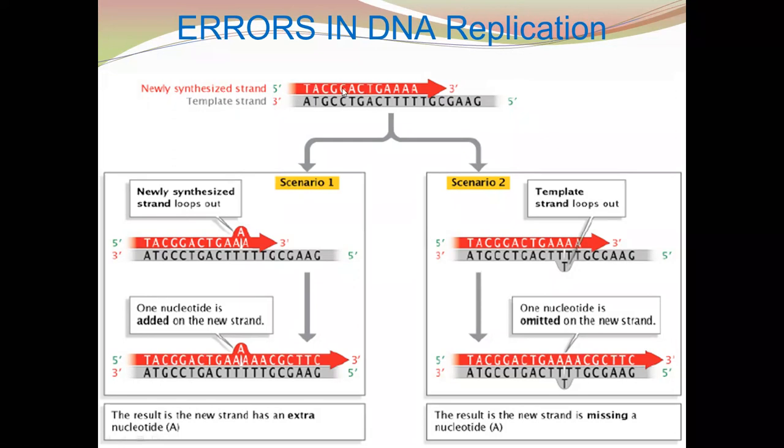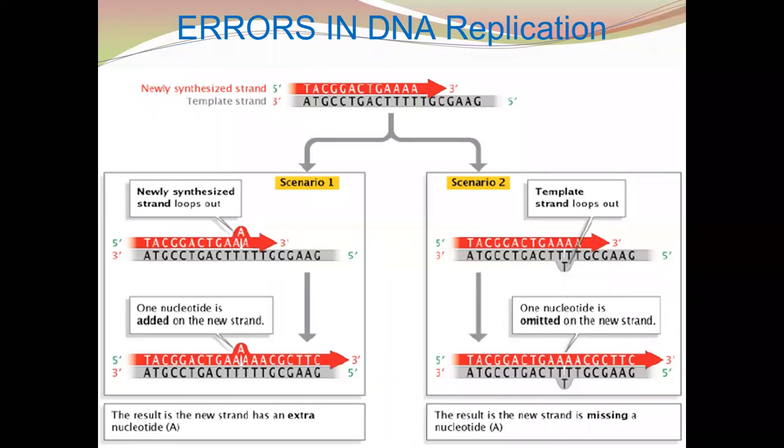So here is the DNA synthesis during the replication process. A new strand of DNA is being synthesized from the 5' end towards the 3' end. This is the normal process of DNA synthesis during replication. Complementary to the template strand, a new strand of DNA is synthesized. This is a very precise process, but sometimes errors may occur.